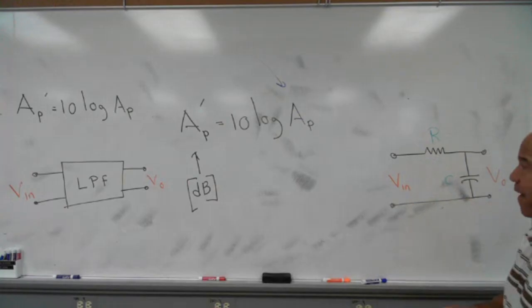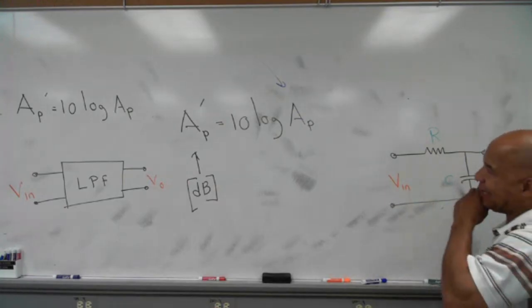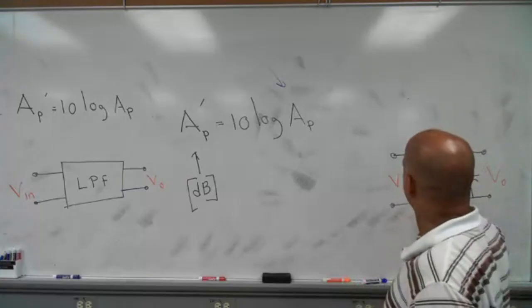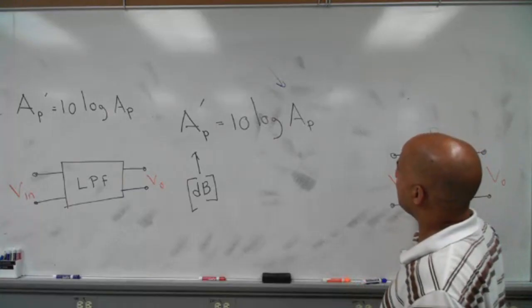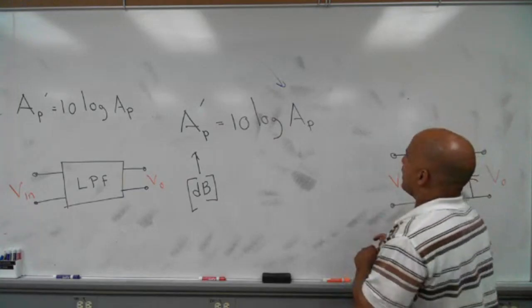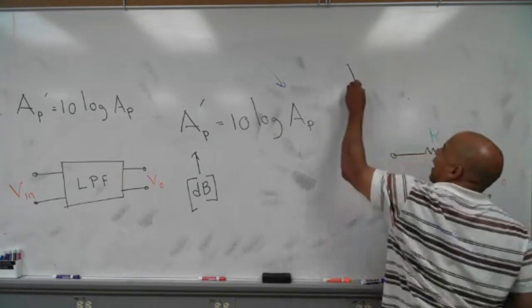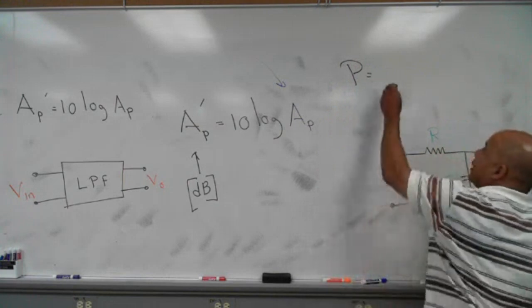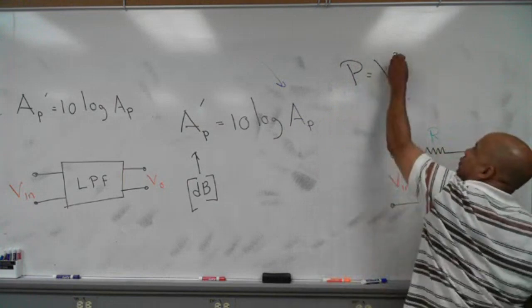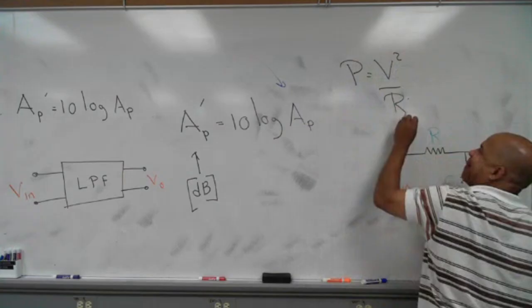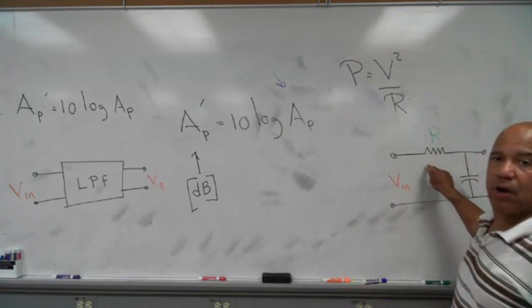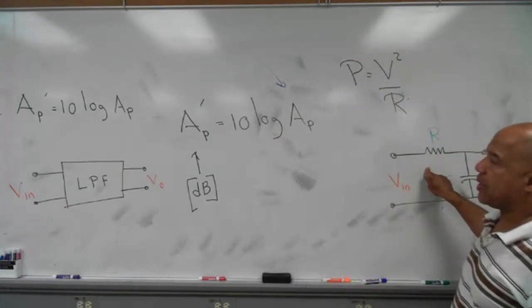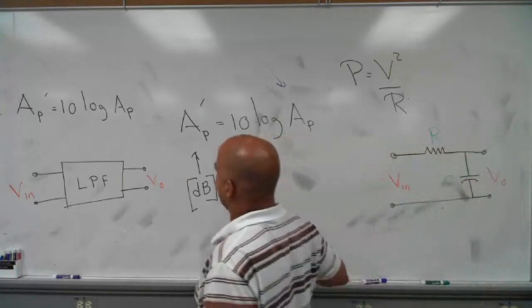Okay, so that's what's in the box over there. Now, if I wanted to, in this circuit, since power is, one way to get power using Watt's law is V squared over R. And since there's only one common R in this circuit, if I wanted to, what I could do,